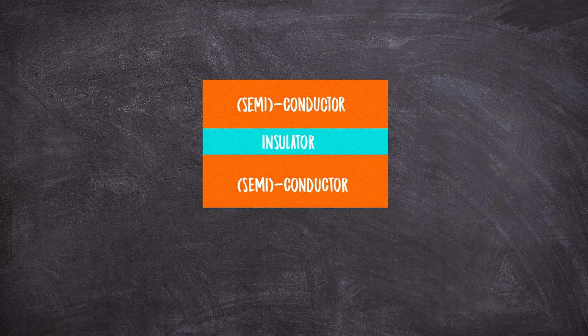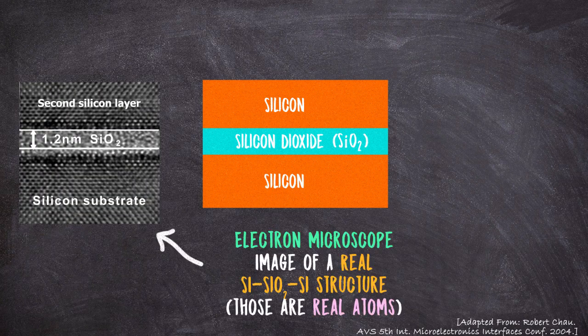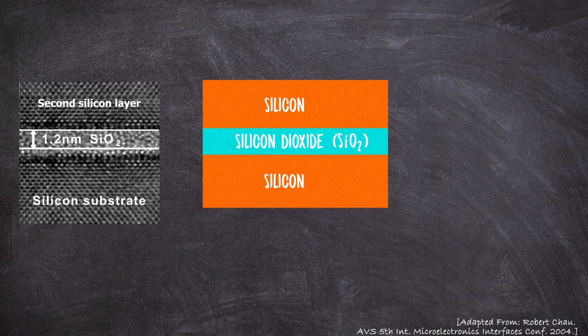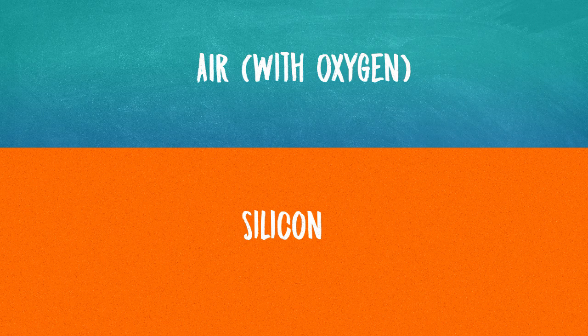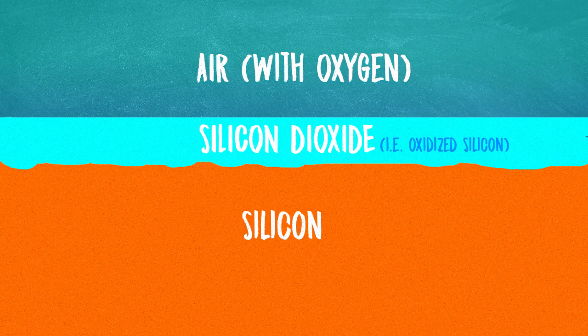In real technologies, the conductive material we're talking about is usually a semiconductor, more specifically it's usually silicon, and the insulator is often just silicon dioxide, which is basically what glass or quartz is. The reason you so often find this particular combination is because from a manufacturing perspective, all you need to do to convert silicon, which is a semiconductor, into a thin layer of silicon dioxide, which is an insulator, is just to heat it in the presence of oxygen. Silicon dioxide is basically just silicon rust. It's just oxidized. So these two make for an easy to make combination.